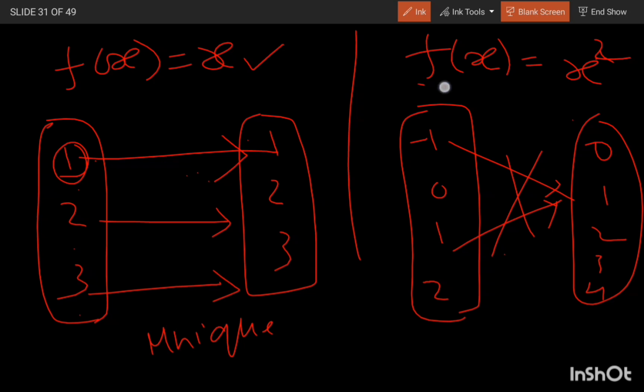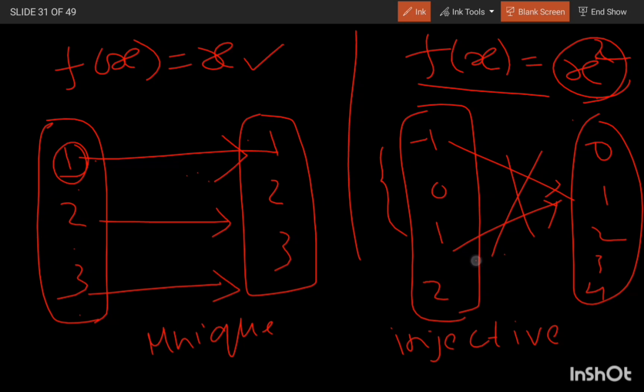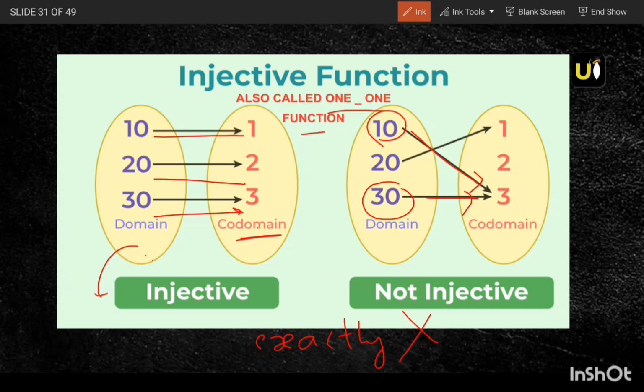So f of x is equal to x square is not an injective function, as elements are not mapped to unique elements in the codomain. Two elements are mapped to a single element in the codomain, so it's not an injective function. Okay, next,